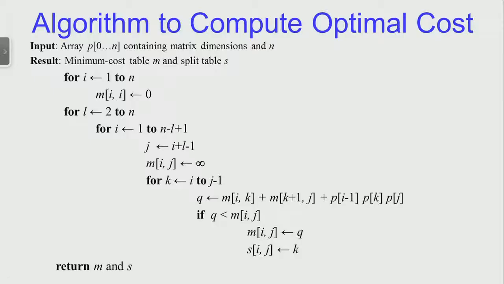There is an initialization phase where the min cost table m is initialized with 0 for all the diagonal entries because they do not involve any multiplication. This is followed by 3 nested iterations to essentially implement the recurrence, and the outer loop iterates over